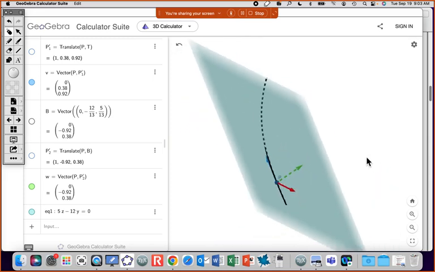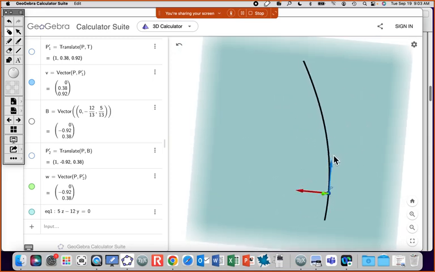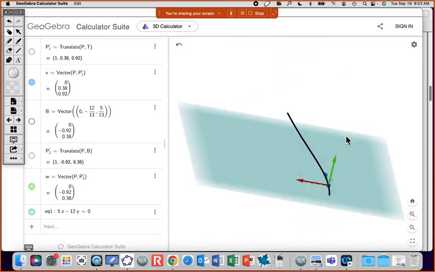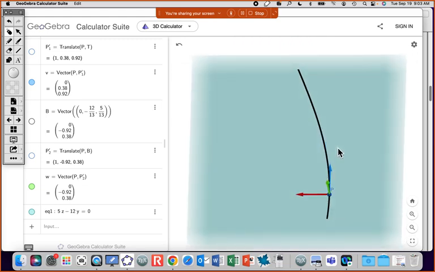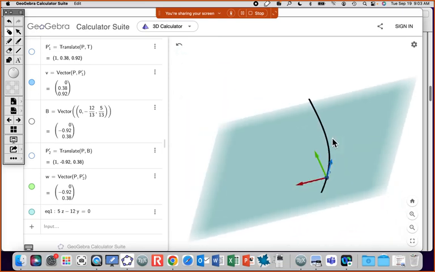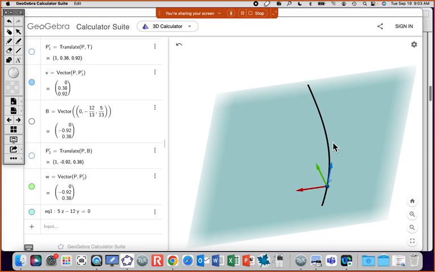So locally, the osculating plane is the plane of the curve. It's the plane of motion. All right? And that's what we'll prove starting next time. What we're going to prove next time is a very important theorem in physics. We're going to show that the acceleration of the object